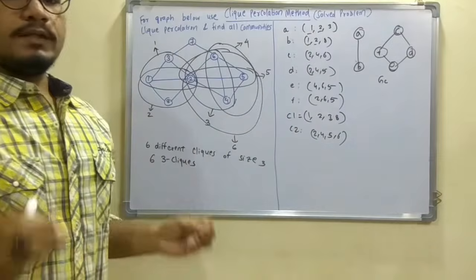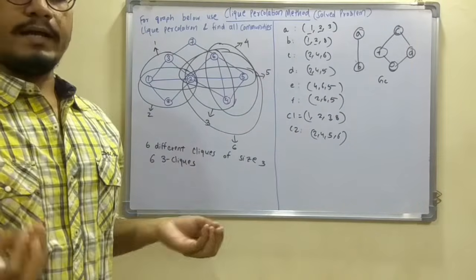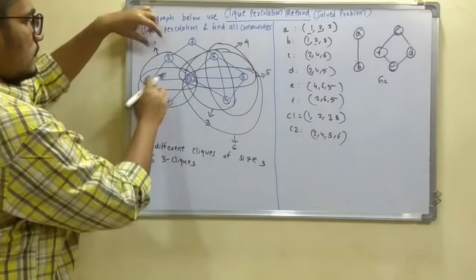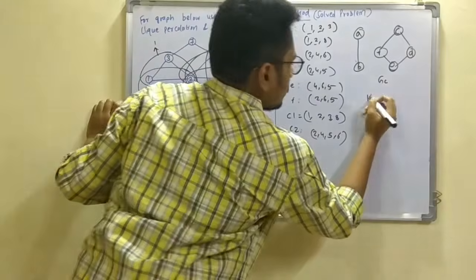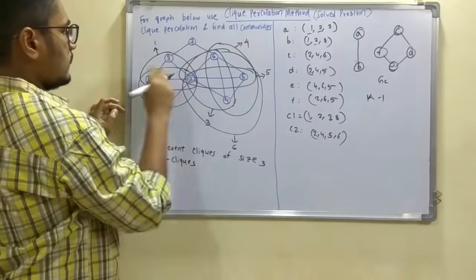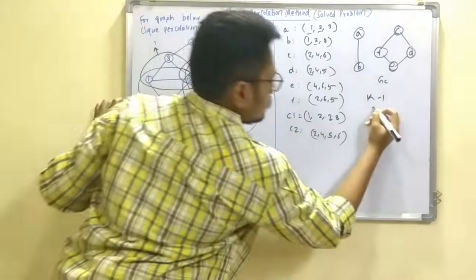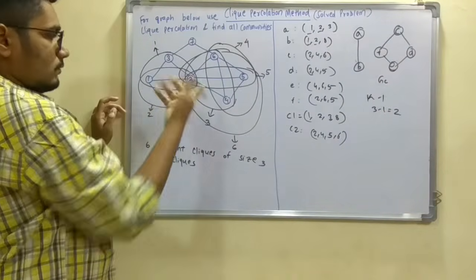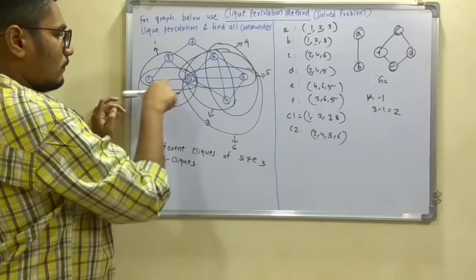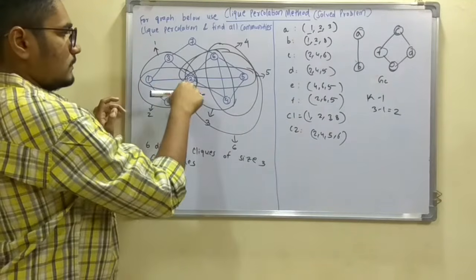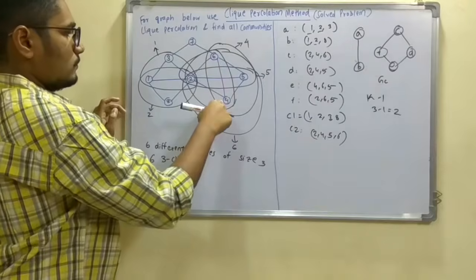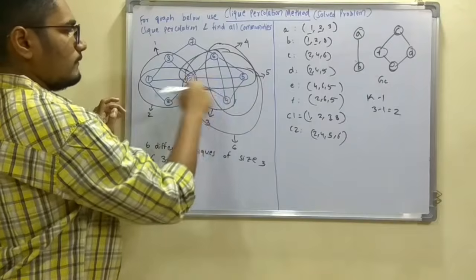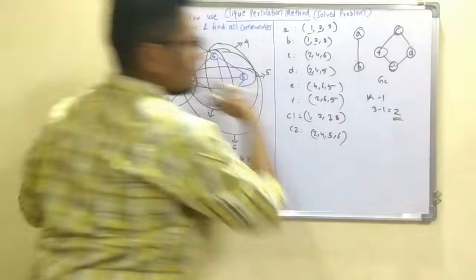Now we have to identify if there is an adjacent clique. So how do we identify that? Since these two cliques have, now the formula is k minus 1, that is very simple. Now this clique is 1, 2, 3, it is a 3-clique. So it is 3 minus 1, that is 2. So two vertices are common. Those are 1 and 2. Similarly for the lower part, 1, 2, 8, these two. Similarly for 2, 6, 4, these two. 5, 6, 4, these two. 2, 6, 5, these two, and 2, 4, 5, these two. So this remains global throughout the problem.